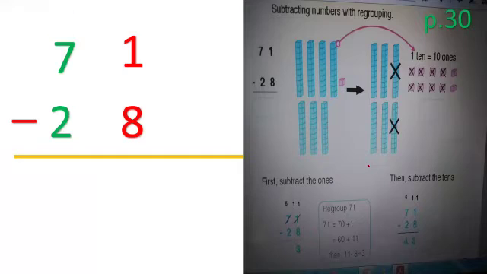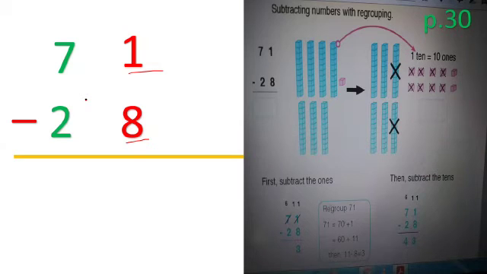Before we subtract the ones, we are going to look at the ones. Can we? So the first thing, we write the numbers according to the place value. Here we have the ones with the red one and the tens with green color. Okay, then